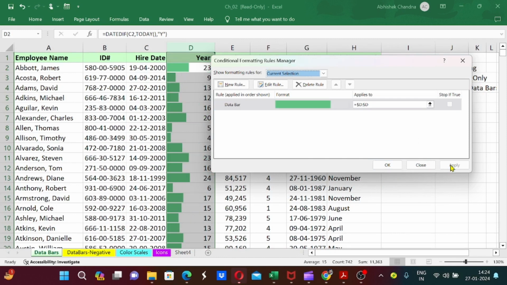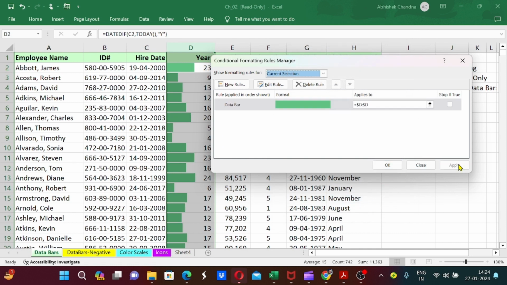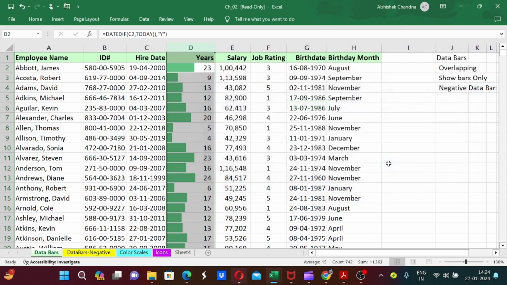and then apply. Now we can see that it has decreased the size of the data bar, but this length is too short, so let's just decrease the maximum by 40 and then apply. Yeah, this sounds fine, and then press OK. So guys, this is how we can get the data bars and solve the problem of overlapping in data bars in columns. And now coming to our second example,